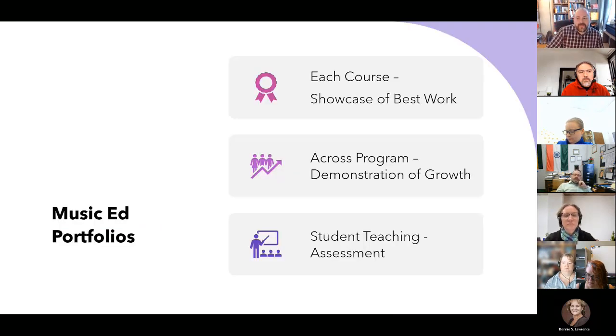In our music ed portfolios, the portfolio acts as a different type of portfolio at different points in our process. So we could call it a hybrid portfolio, but it does different things at different times within our program. If a professor chooses, and we encourage all of our professors in the music ed program to take advantage of the portfolio, professors ask students to submit their best work and showcase their best work from the semester. So that's a showcase portfolio